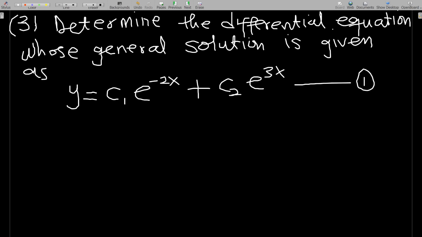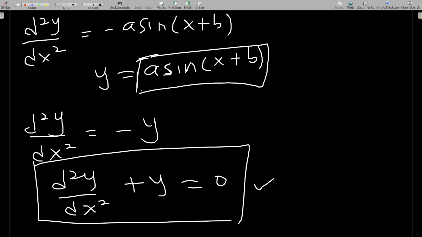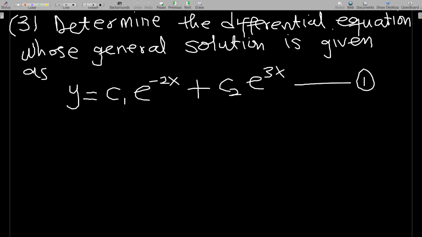Then how many constants do we have? You have two constants, c1 and c2. It means we need two derivatives. We need the first order derivative and then a second order derivative, meaning that our differential equation should be a second order differential equation. Now go to the last one here. Indeed, this one is also a second order differential equation. So always check these, and then since it's second order,